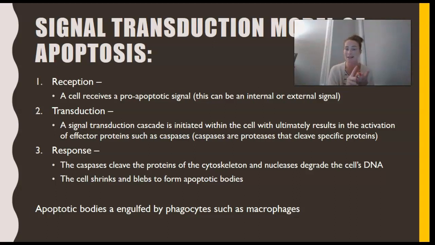That you can discuss the action of caspases as transduction, and that you can talk about apoptotic bodies as a response. The apoptotic bodies being engulfed by phagocytosis, by phagocytes such as macrophages. That's one of those immune system cells that I said we're going to get to know really well soon. But you're allowed to just use the word phagocytes. That stage isn't technically considered part of apoptosis. So if you're being asked to summarize apoptosis as a process, it's everything up until this point.